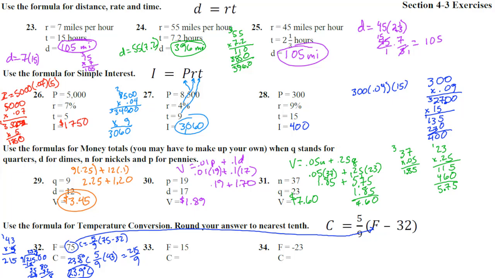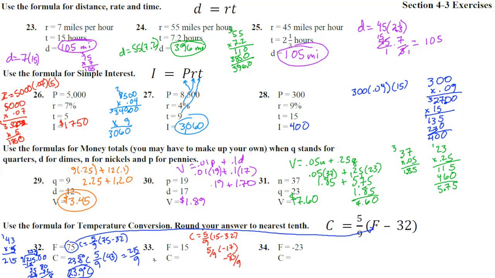Let's do number 33. We're going to take the 15 and put it in there. So the Celsius equals 5/9 times 15 minus 32. So 15 minus 32, we take 32 minus 15, which is 17, but it's negative. So we have 5/9 times a negative 17. And again, that's 17 over 1. So when we multiply them, 5 times 17 is 85. So we get negative